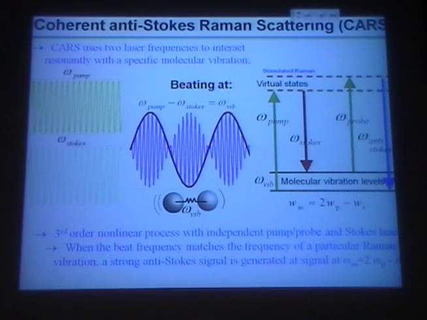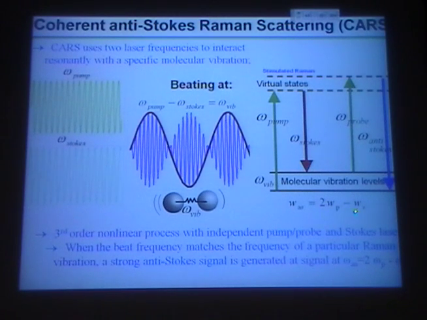Then, unlike stimulated Raman scattering, which is a second-order nonlinear optical process, CARS, or coherent anti-Stokes Raman scattering, is a third-order nonlinear process, and we can detect this anti-Stokes Raman scattering